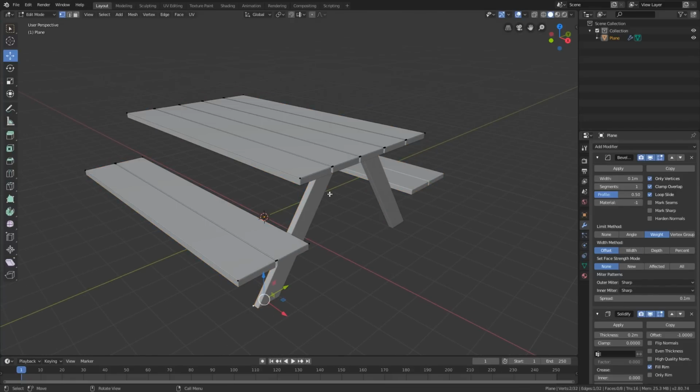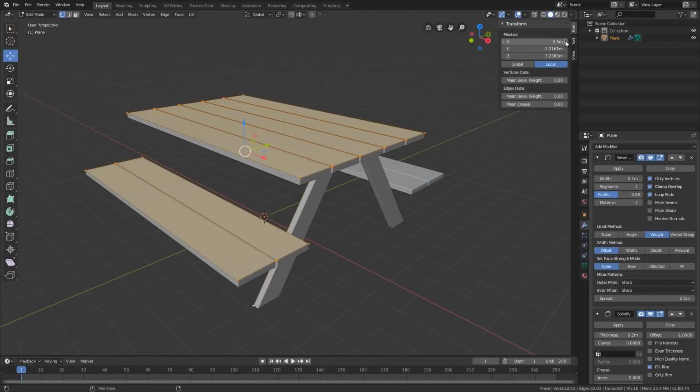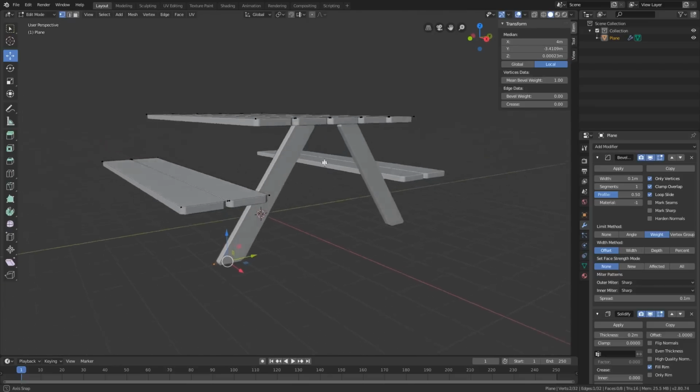And that's because if we go into edit mode, press A to select everything, and then bring up our sidebar with N, we'll see the mean bevel weight of all these vertices is 0. And again, we are beveling only the vertices here, so this is the value we want to look at. So if I drag that up to 1, that means everything is going to get full value of whatever the bevel weight modifier setting is. So yeah, we've got the bevel on everything again, but now again, I want to disable it on a few